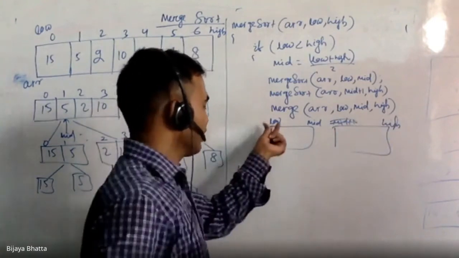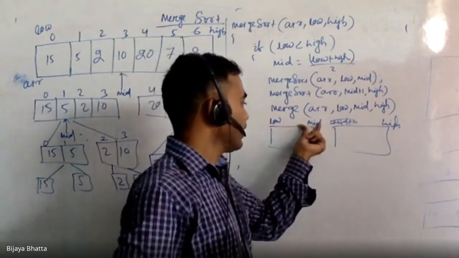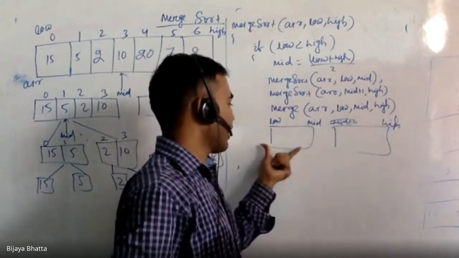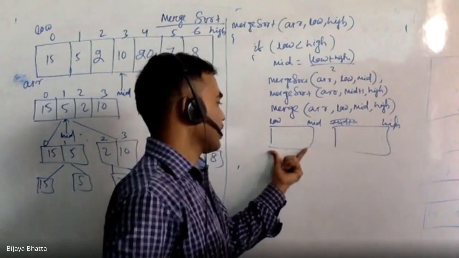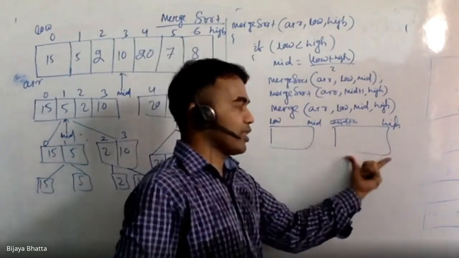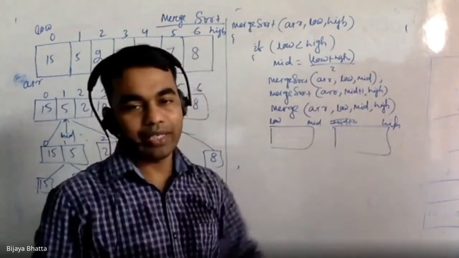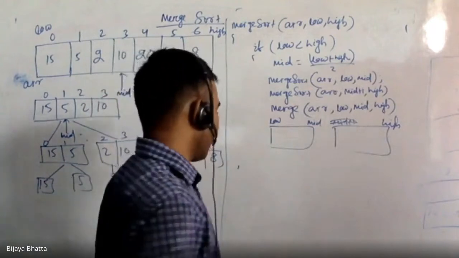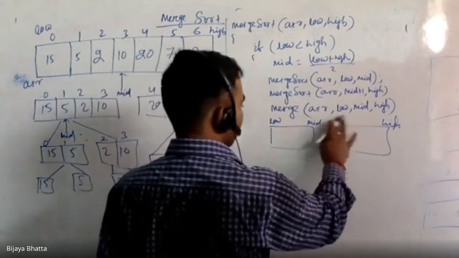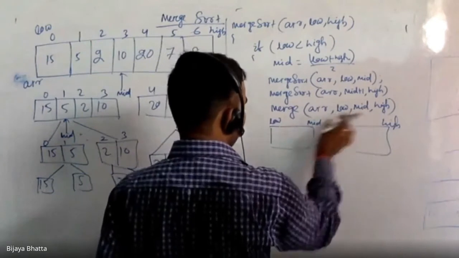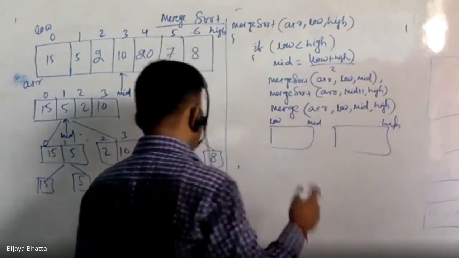That's why if I pass only low, mid, and high, I can find out the two arrays. I know the first array is from low to mid, and the second array is from mid plus 1 to high, right? So that's what I know, and that's why I don't need this particular parameter. If I'm passing only low, mid, and high, I'll be able to compute